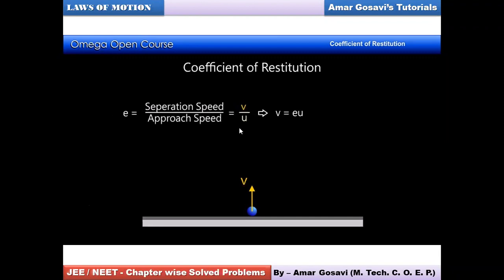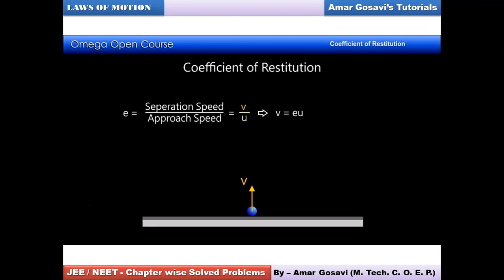Earlier the same equation was v1 minus v2 divided by u1 minus u2. But here v2 and u2 are 0, and therefore those terms vanish, and ultimately you get a compressed version of this equation. Then you rearrange this equation, so v in this case will be e multiplied by u. That's what is being shown over here. So have you understood it now, Gargi? Yes, sir. Thank you. Okay, fine.